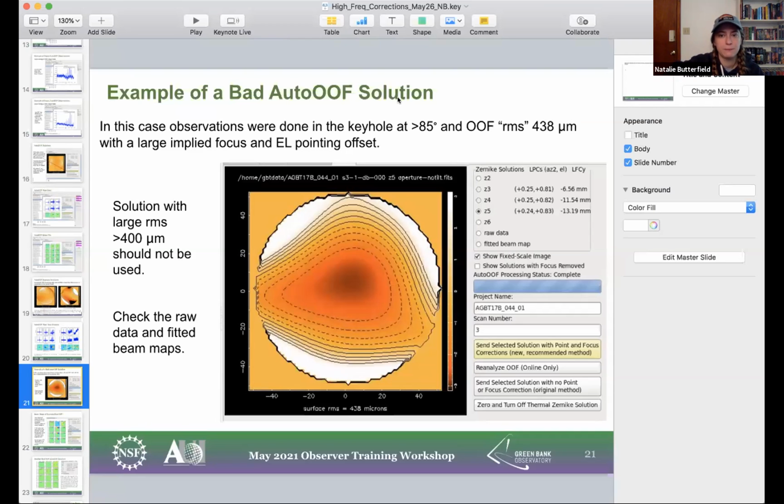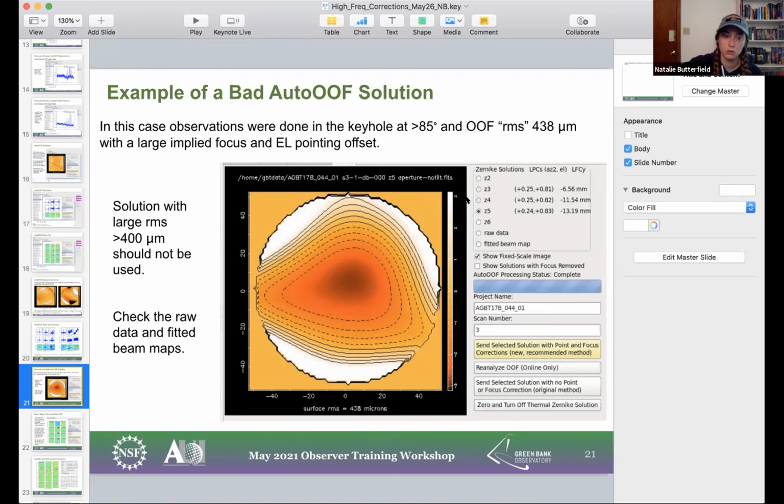And so you ended up having a very large surface RMS, which in this case is over 400. And you have a very large focus and elevation pointing offset as well. And again, this is the one for the default, so Z5. Just because it defaults to Z5 doesn't necessarily mean that is the best or even the one that you want to be